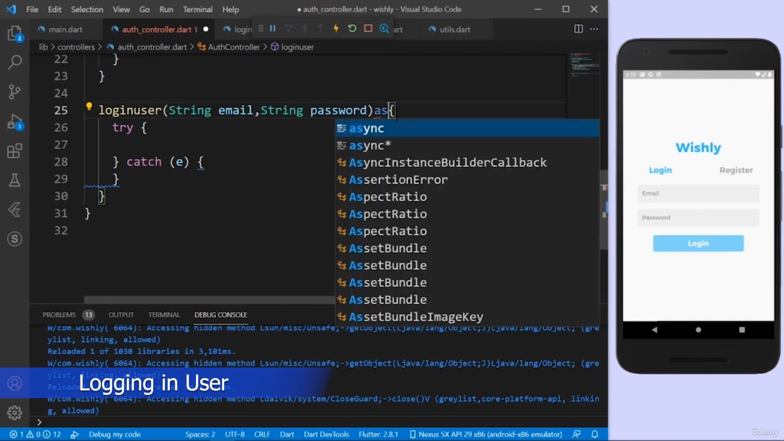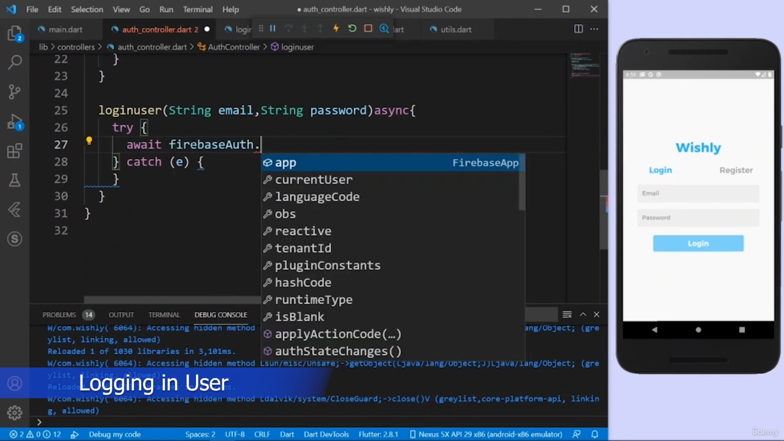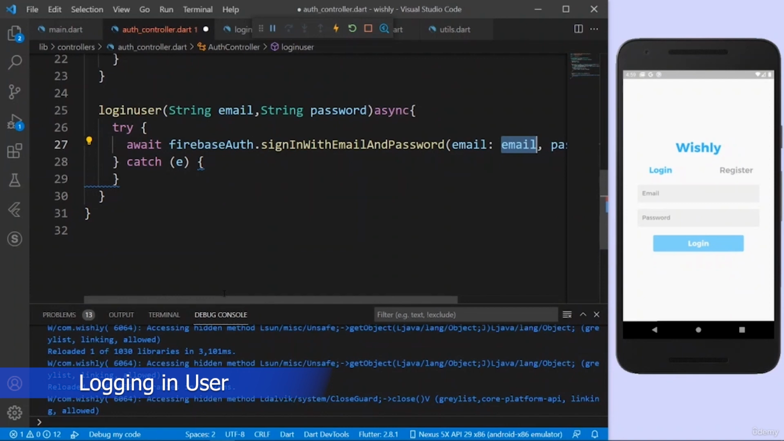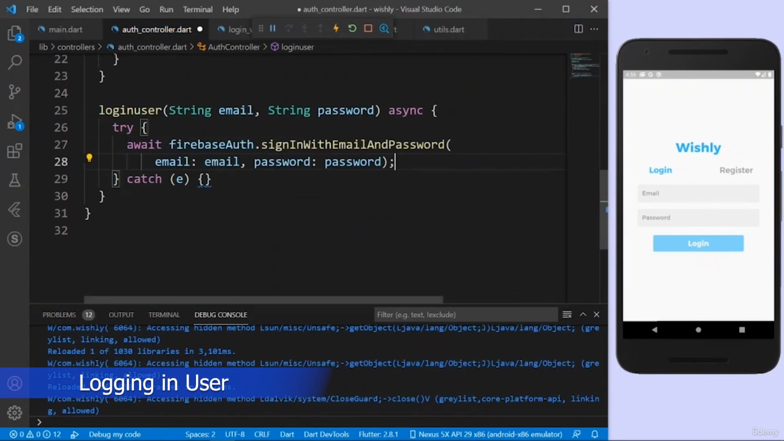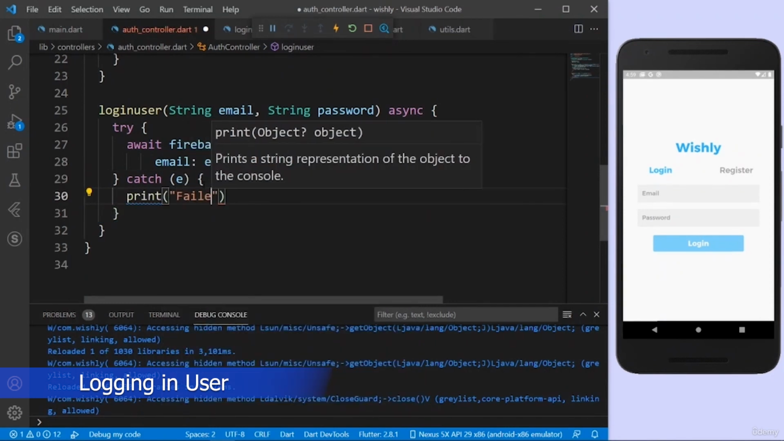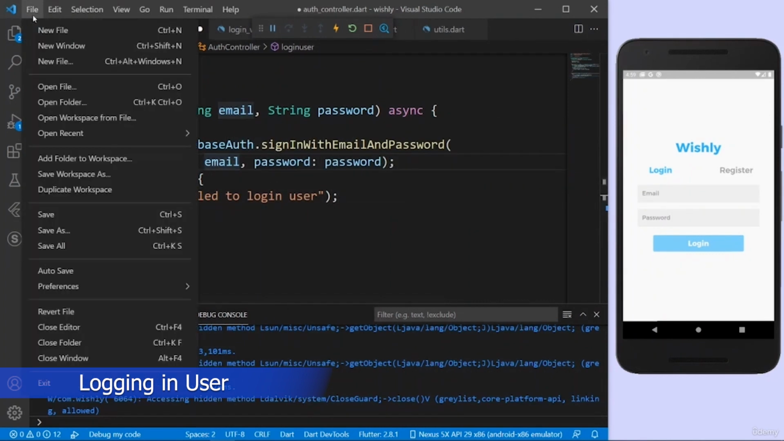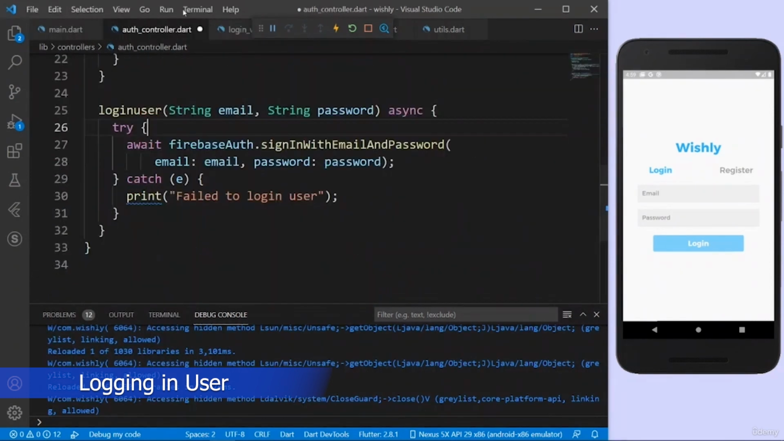So let me just wrap this into an async function because it could take some time to log in the user. I can just say await Firebase auth dot sign in with email and password. The email and password are provided through the parameters. Let me close this. And if you have any error logging in the user, I can just print failed to login user. Okay, now let me just save everything, and actually let's also provide the auth controller, like the login